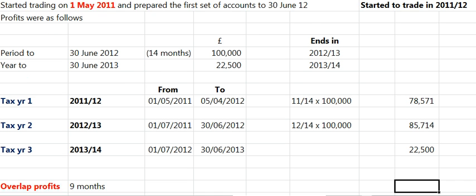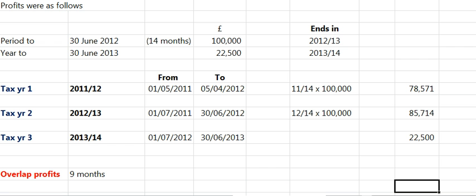Okay, let's look at the overlap. Last thing, it's 9 months. There are 9 months from the end of June, so July to March. Now this time you can't see 9 months in my little workings here. It's not actually there. What we have to do is look at it carefully. When you've got this scenario, we can see we went from May to March, and in here we've gone from July 2011 to June 2012. So the overlap is essentially from there to there, July to March. And if you count July to March,